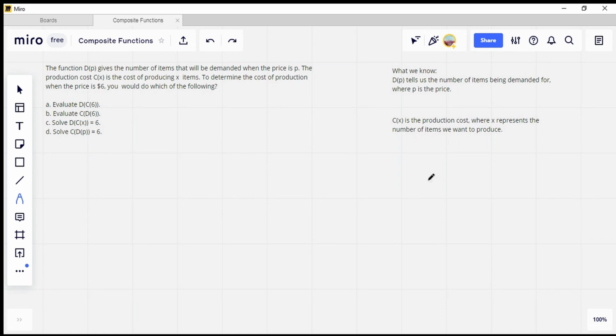And what is C(x)? C(x) is the production cost, and if we plug in x, we can find the production cost, and